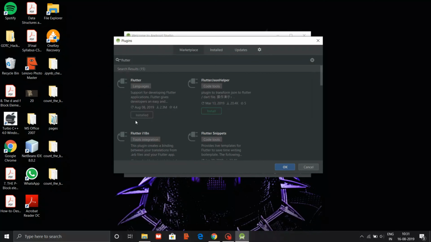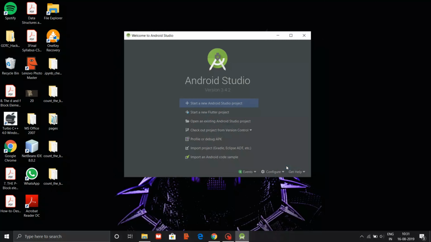As you can see, I have already installed it, so I am not doing it. You can click on install and it will install the flutter. It will ask if you want to install the Dart. You press OK and it will install Dart, as Dart is needed for the flutter. It is the language, and then it will install the flutter. So after that you will rerun your Android Studio and you will see that here will be the start a